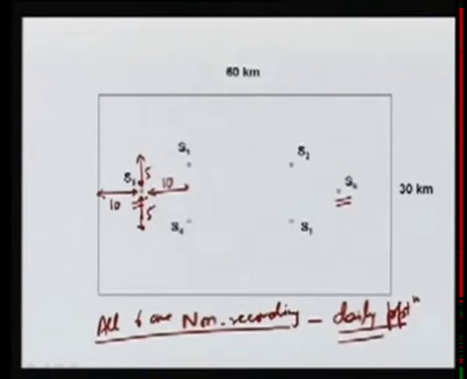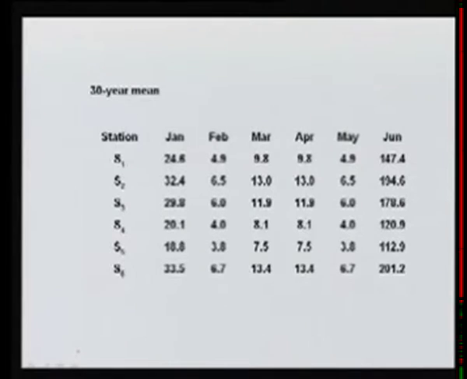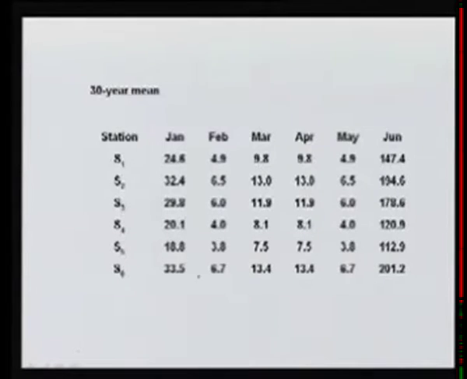Daily precipitation data is available to us, and we can analyze that daily data to find out the mean precipitation at each of these stations for different years. For example, this table shows that at station S1 the 30-year mean value of precipitation in January is 24.6 millimeters. Similarly, for the months of February, March, April, May and June,